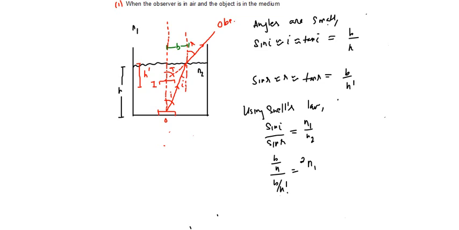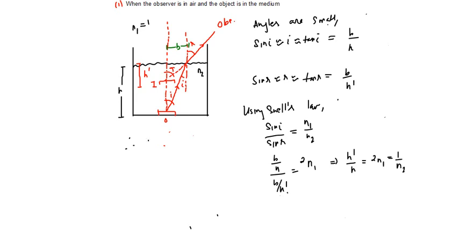So B will get cancelled and we can write H dash by H equals 1 by N2. Why 1? Because N1 is equal to 1. For air, the absolute refractive index is 1. Therefore we can write